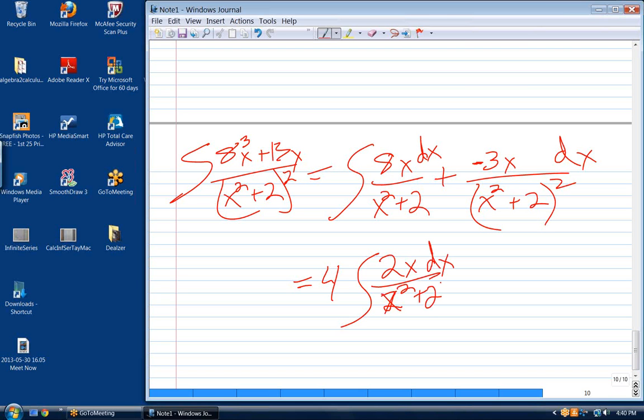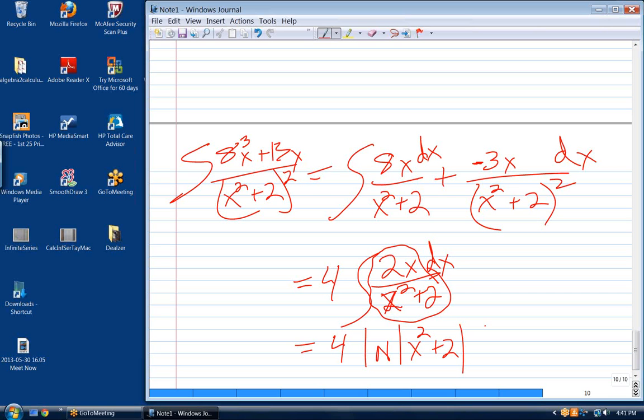Now we can essentially apply the power rule perfectly to it. In other words, that's got to be the natural log of x squared plus 2, because the derivative of the bottom is exactly in the top. Take the derivative of this and you get this. Okay? Now, the second one,